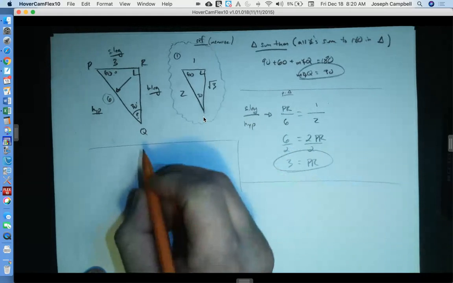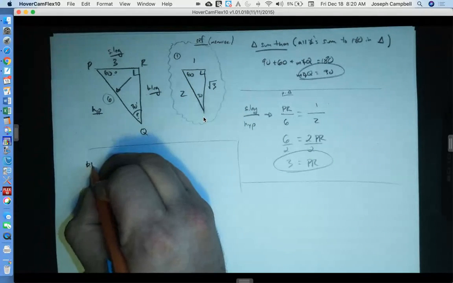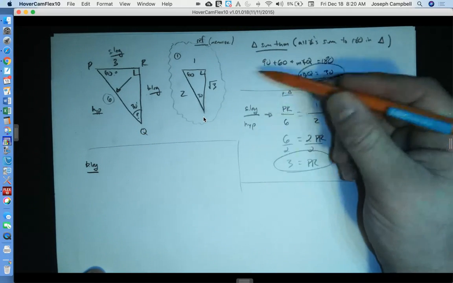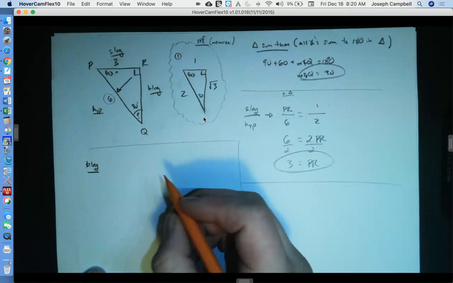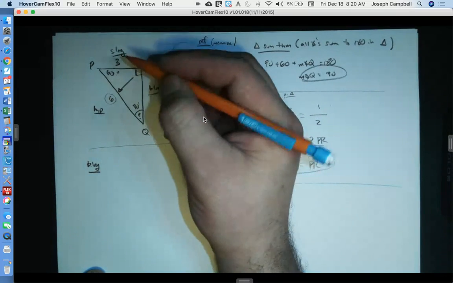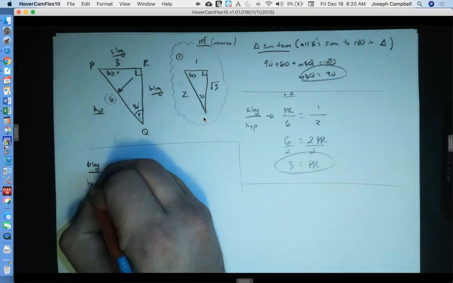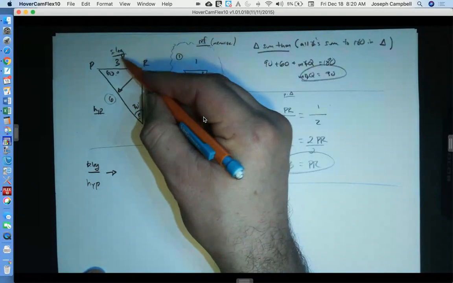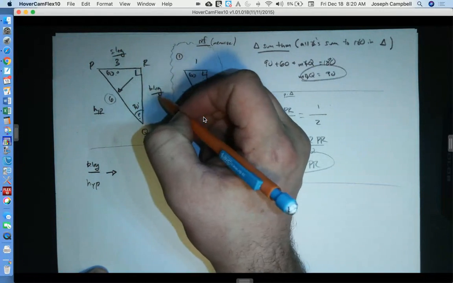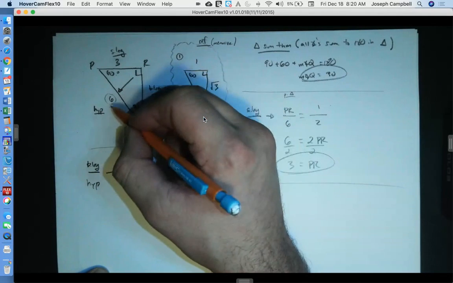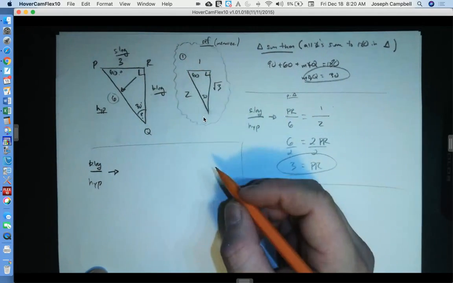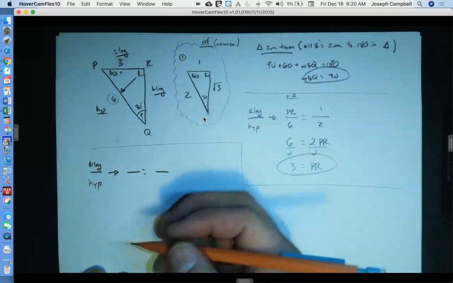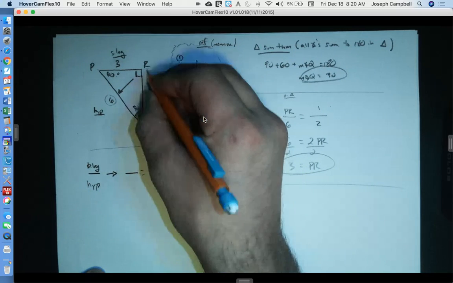So this time it's the big leg. After you get good at this, you can skip this whole process of picking a ratio. You can just go ahead and do it, but I wouldn't do that until I'm pretty confident. I'll use the hypotenuse again just because that was what's given. If you base this off of this and you got this one wrong, then this will be wrong too. But if you base this off of what's given, then this will be right, even if that one's wrong. All right, so the big leg here is RQ,